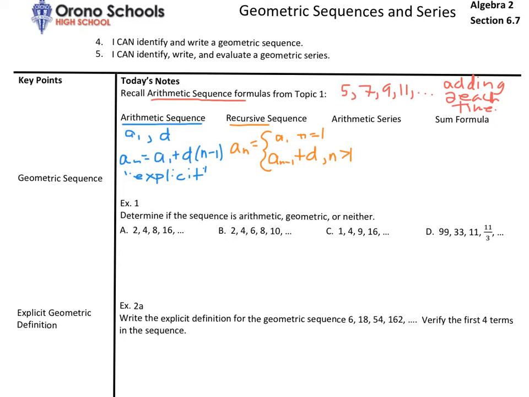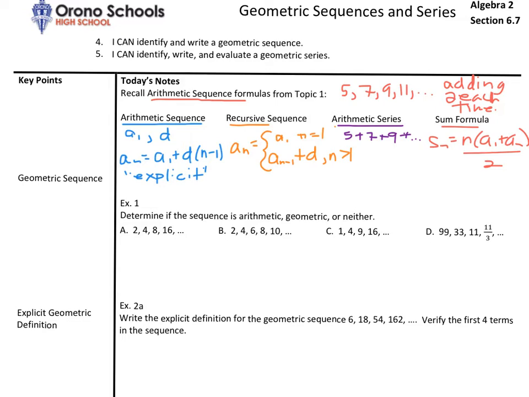To find the sum for an arithmetic series is simply when we added all the terms together. So 5 plus 7 plus 9 plus and so on. And then to find the sum, I don't know if you remember this fun formula, S sub n equals n times a1 plus an, all divided by 2. Do those formulas sound familiar? We're not going to use those formulas specifically in this lesson, but we are going to generate new formulas for